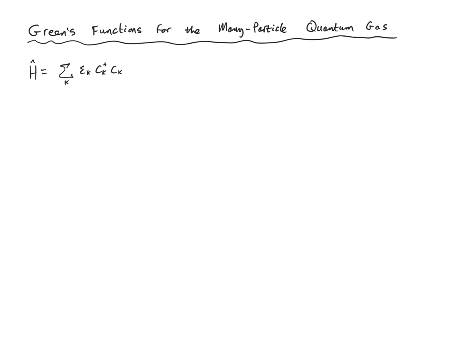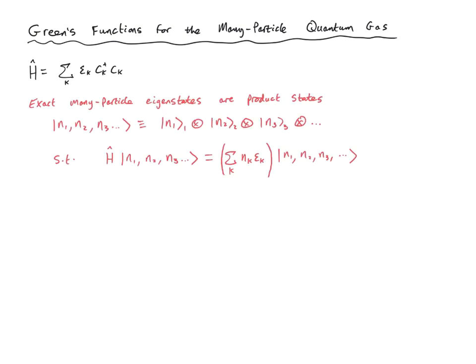The important simplification in the case of a quantum gas is that the exact many-particle eigenstates of this Hamiltonian are product states in the occupation basis of each orbital. We can write an exact eigenstate of the system in this ket notation involving the orbital occupation for site number 1, 2, 3, and so on, and we can express this simply as the direct product of these complex vector spaces for orbital 1, orbital 2, orbital 3, and so on, where n1, n2, and n3 are the occupation numbers for those orbitals. This is an exact eigenstate of the Hamiltonian because if we apply h hat to this ket,